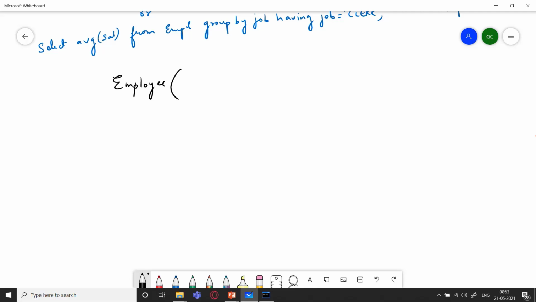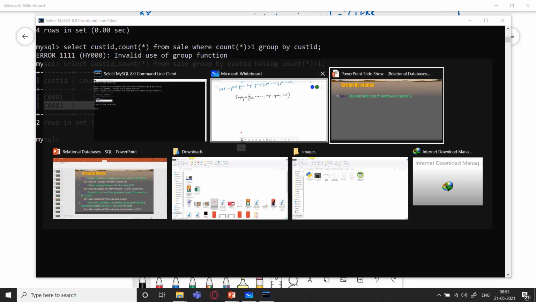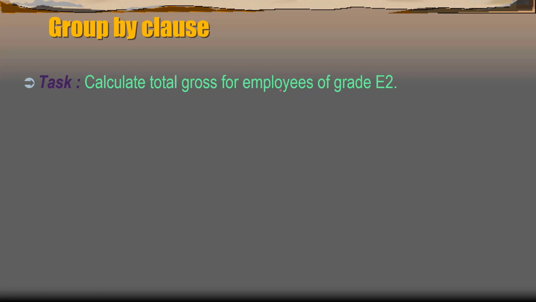At times you might also not get the entire table in the exam, you might only get the structure of the table. So we have ENO as the employee number, E name, department, grade, salary. So suppose we have these fields in the table over here. Now what we need to do is calculate total gross for employees of grade E2.